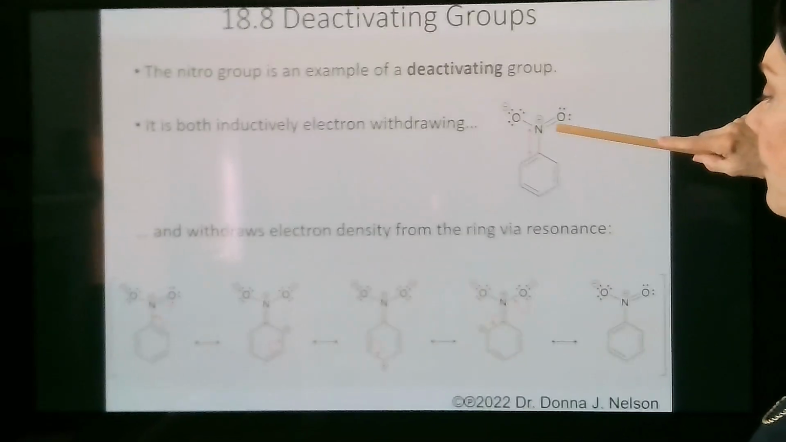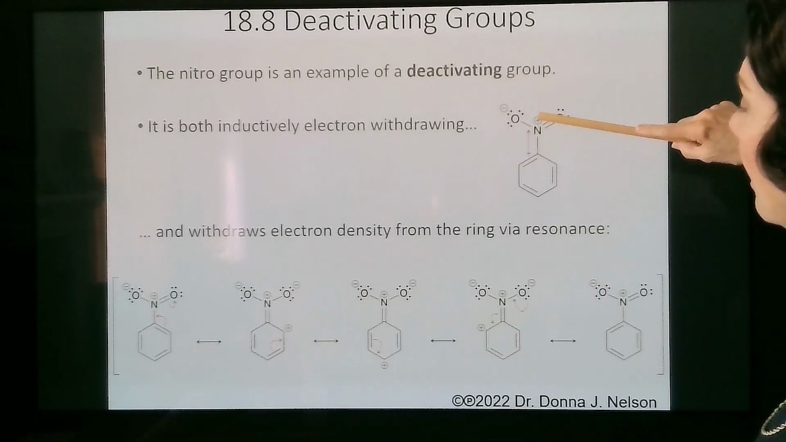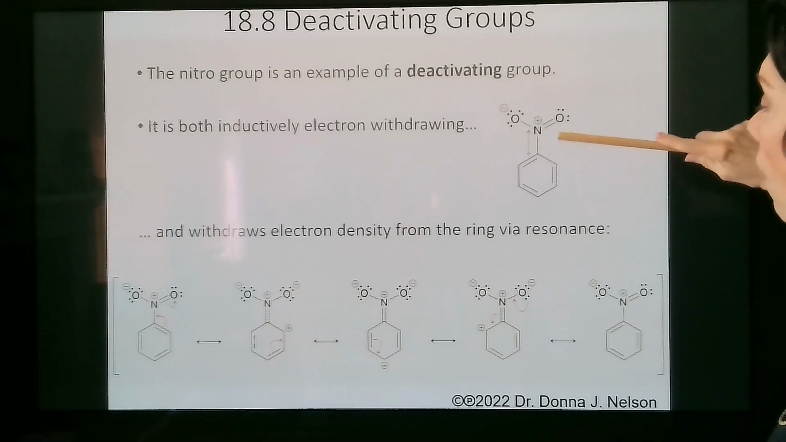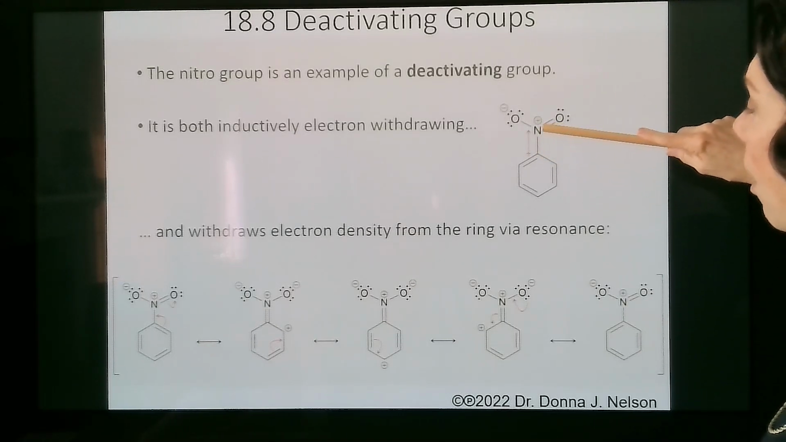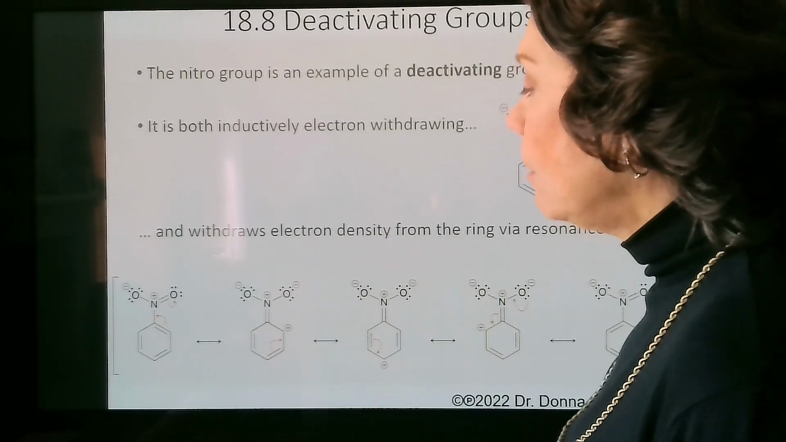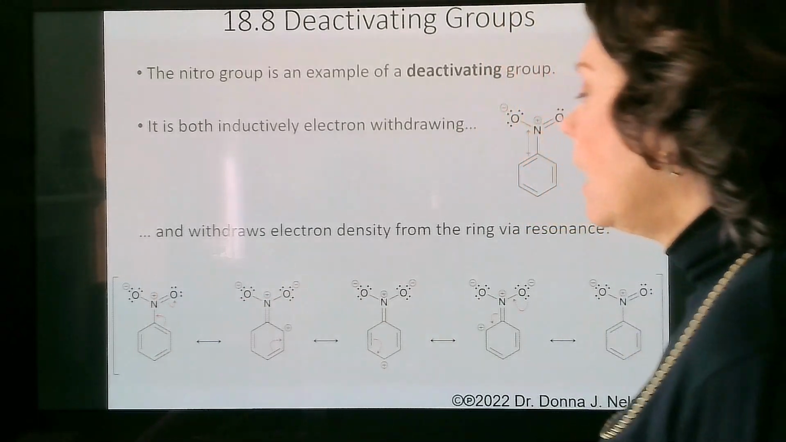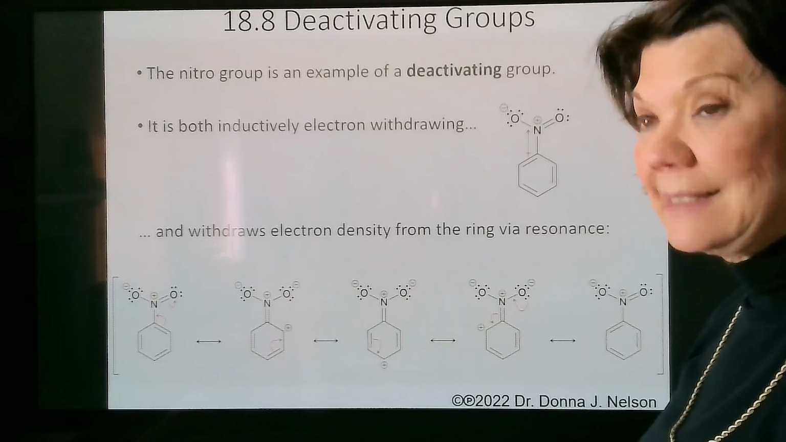So you can see that the carbon-nitrogen bond is polarized. Nitrogen is bearing a positive charge. And so electron density is going to be withdrawn through the carbon-nitrogen bond out of the ring onto nitrogen. And also, since the nitrogen is bearing a positive charge, electron density can be removed directly from the pi system